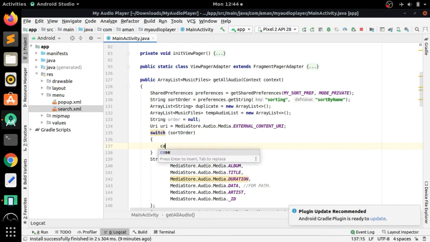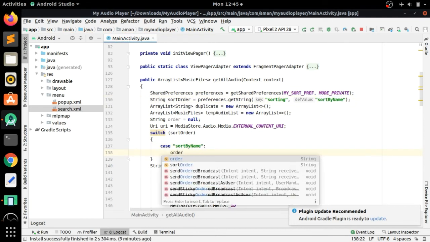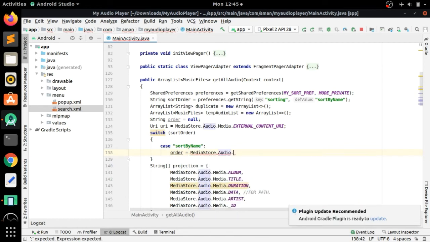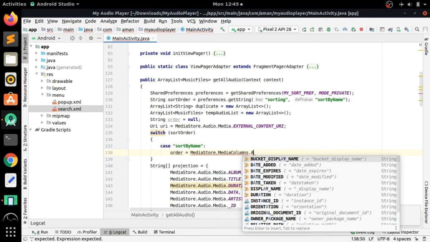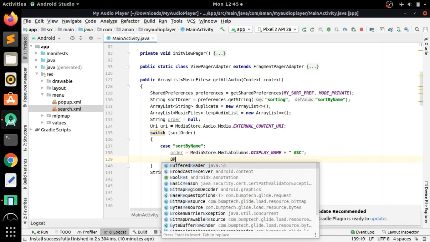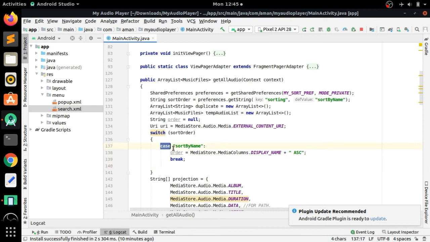Now we will add a case, and here it will be first sort by name, colon, and order equals MediaStore.Audio.Media.DISPLAY_NAME, plus it will be in ascending order. And now we have to add a break line and copy this, and paste it two times